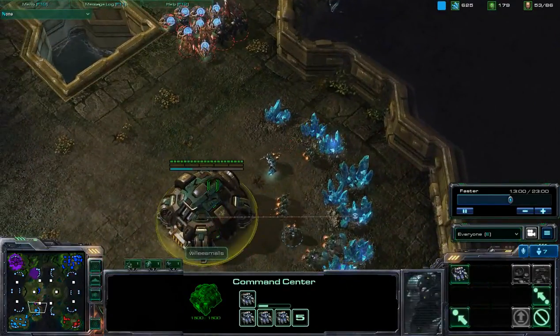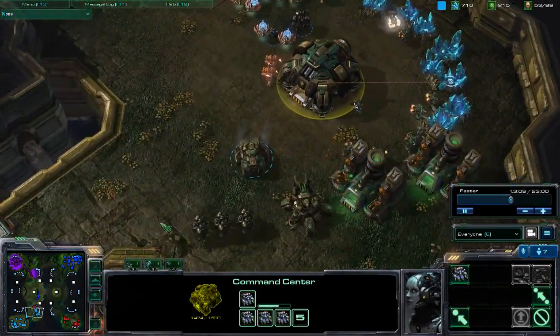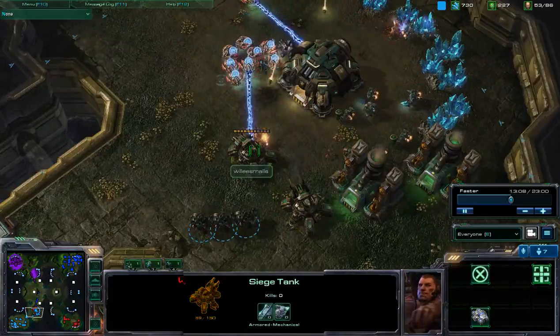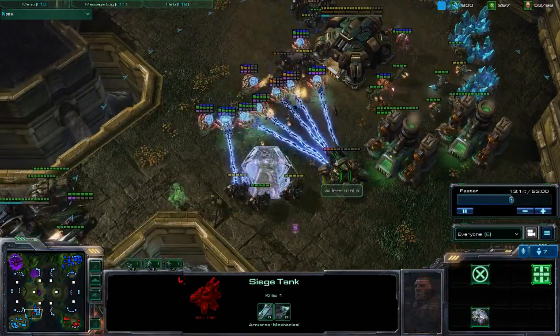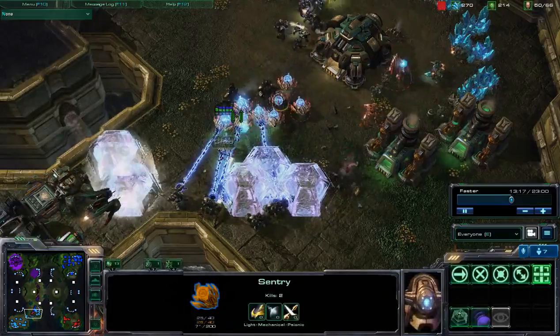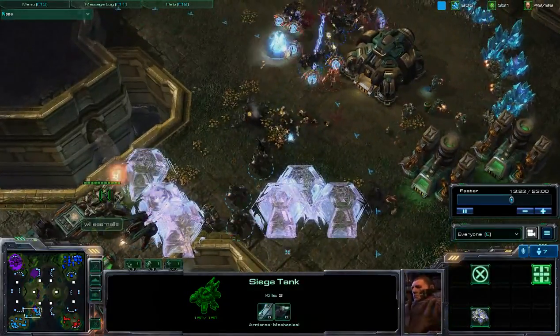Once again going to try to move in and try to take down this natural expansion against Willy. Siege tanks now trying to once again move back in. We have two siege tanks, one already in siege mode, another without. Those sentries trying to push against these units, and now Disruptors trying to get as many force fields as they can, but unfortunately we are going to be unable to push out and take down that